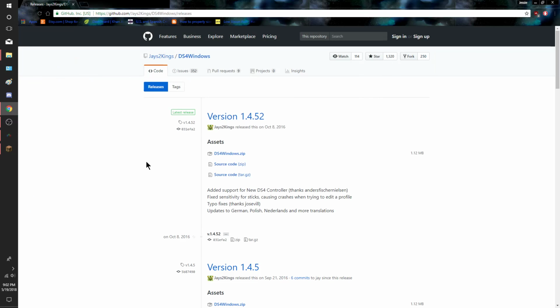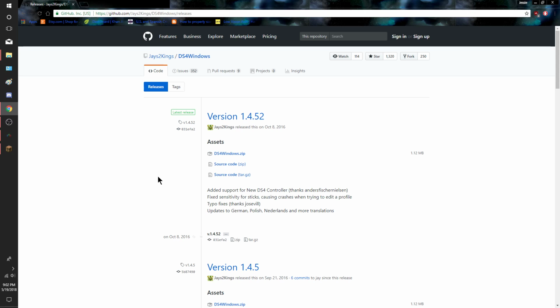So after you click extract all, a window will pop up. And what you want to do is right next to the folder that's already in the box, you click browse, and then another pop-up will appear, and you want to scroll up in that little section to the left side